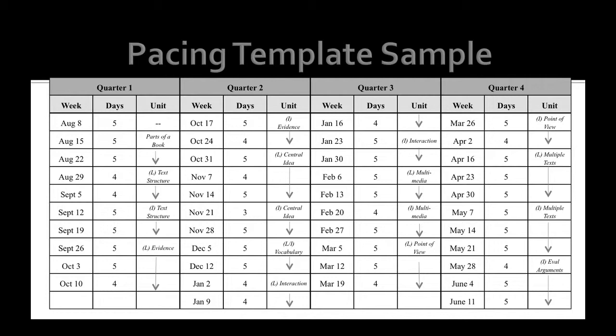For the week, you have the beginning dates for each of those weeks. So August 8, 15, 22, 29, September 5th, all the way down for each one. For the second, you can see how many instructional days you would have for ELA. In this school, most often you're seeing 5, but every now and then there's a spattering of 4 or 3, depending on what is happening in that school's calendar.